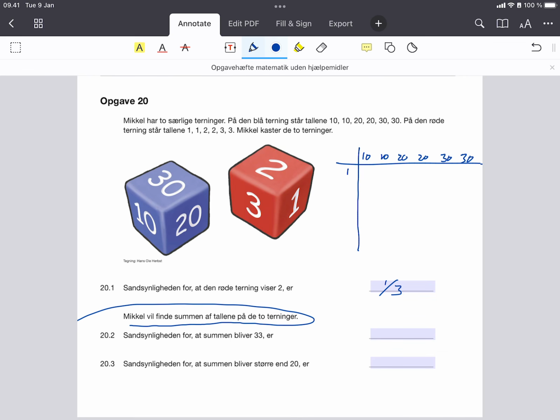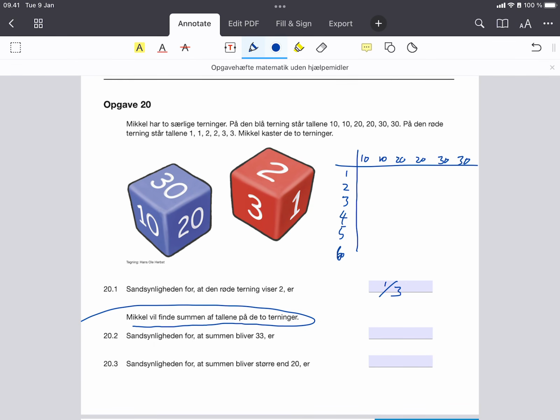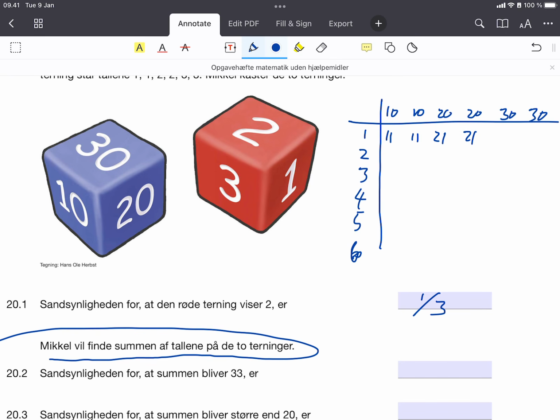On the red, you can have 1, 2, 3, 4, 5 or 6. So you could do a table of all the possible totals: 11, 11, 21, 21, 31, 31, 12, 12, 22, 22, 32, 32, 13, 13, 23, 23, 33, 33,